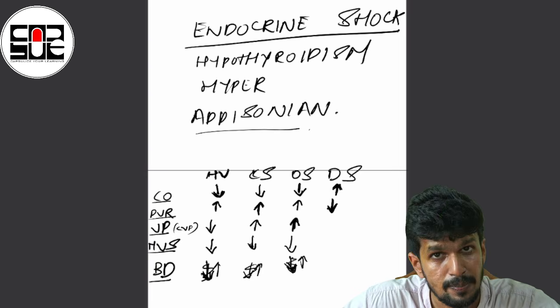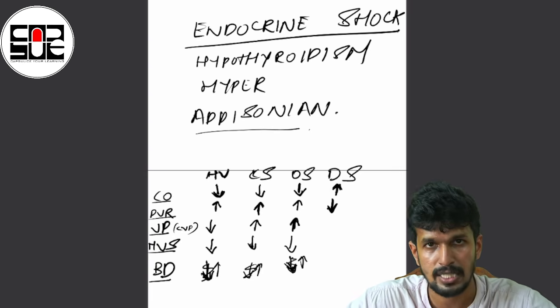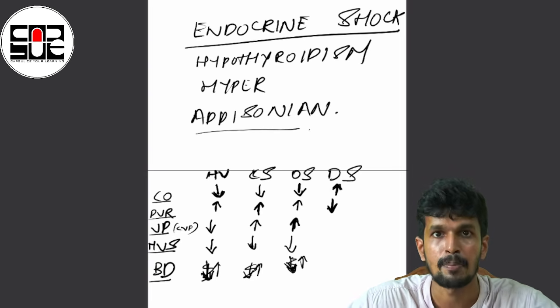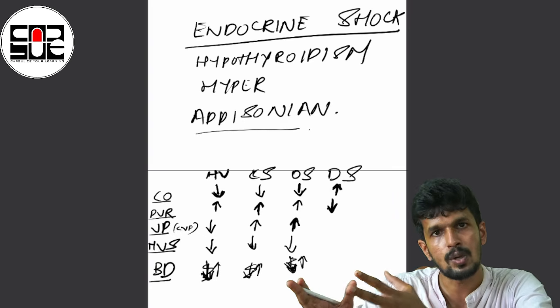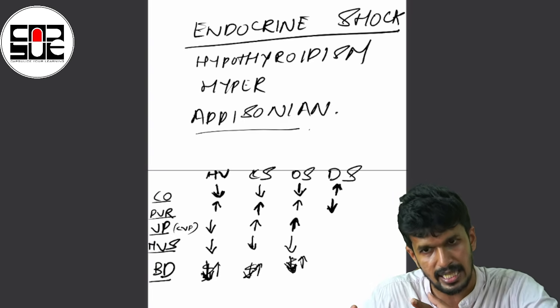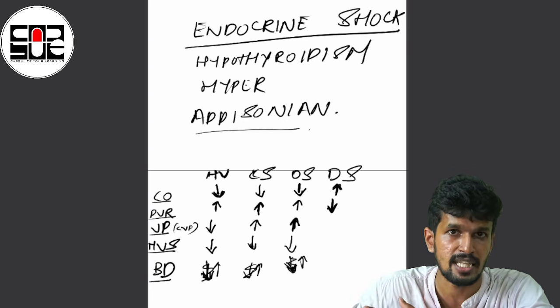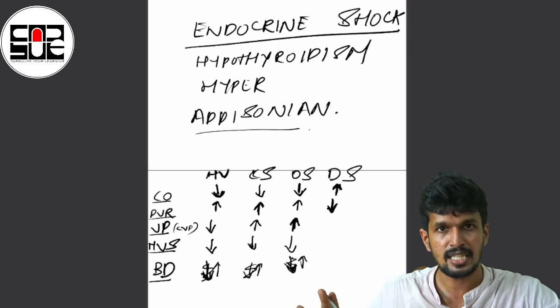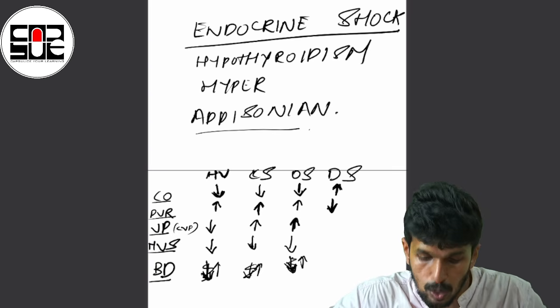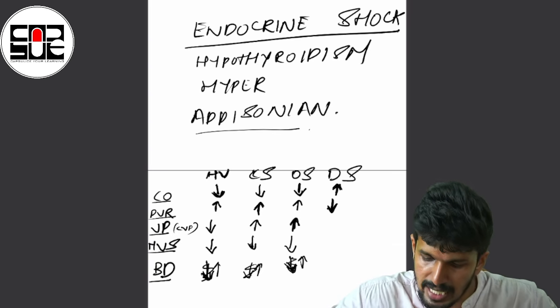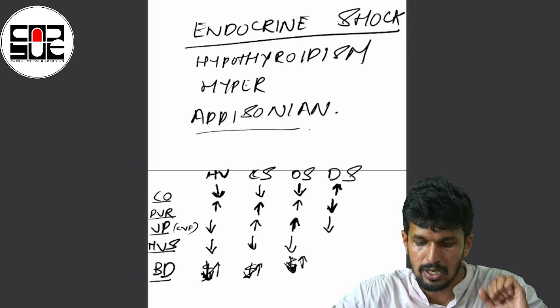What happens to the venous pressure? Venous pressure does not have much significance. It will be decreased because the circulating volume over a long time, because of the pooling, because peripheral vascular resistance decreases significantly, there will be venous pooling in the peripheries and capillary leakage leading to decreased circulating volume. So what happens to the venous pressure? Preload will decrease. Basically in distributive shock, preload will decrease.